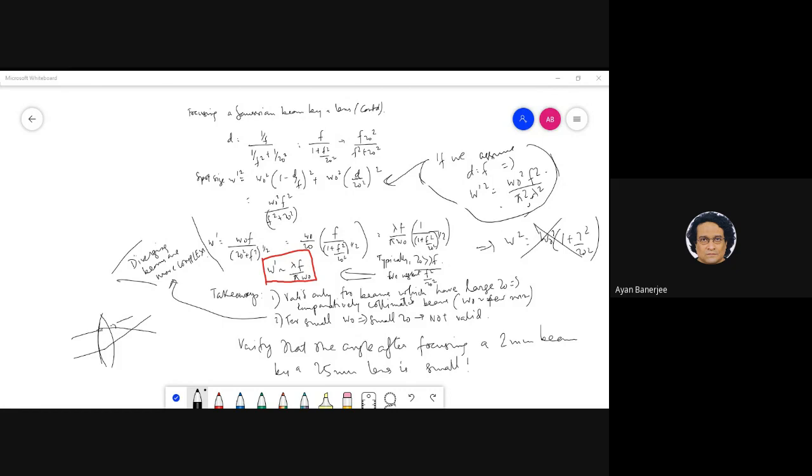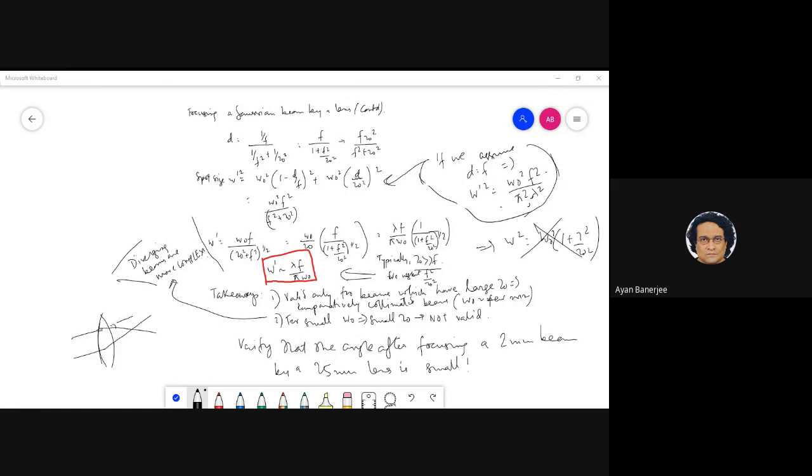Sir, experimentally, if I try to measure this wavefront, will that be different? How do you measure wavefronts? I don't even know how you measure wavefronts. No, in the sense that you get the intensity profile. You will not get anything here. The phase information does not come from the intensity profile. Wherever you measure, the intensity profile will be Gaussian.